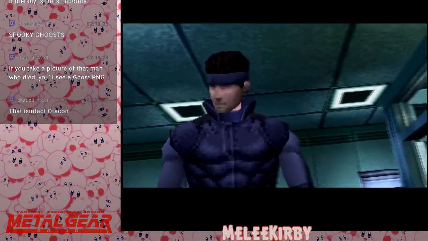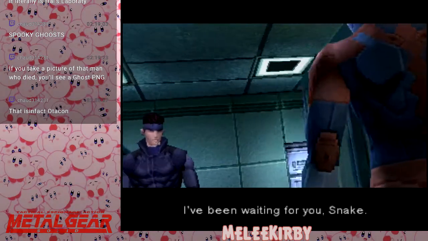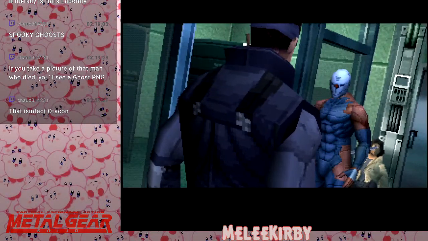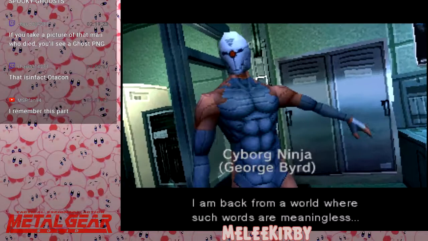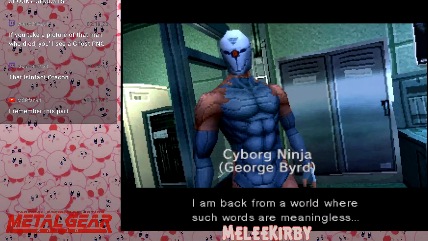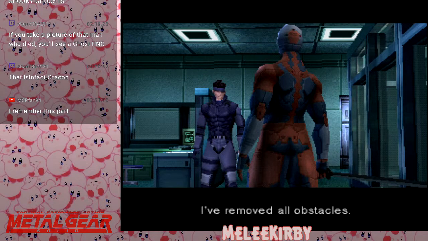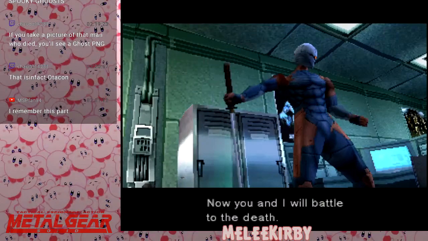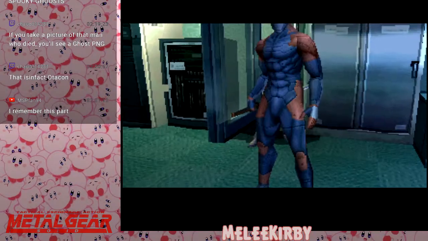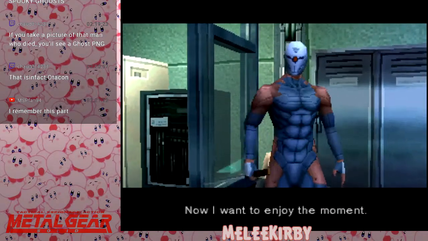Snake. You're that ninja. I've been waiting for you, Snake. Who are you? Neither enemy nor friend. I am back from a world where such words are meaningless. I've removed all obstacles. Now you and I will battle to the death. What do you want? I've waited a long time for this day. Now I want to enjoy the